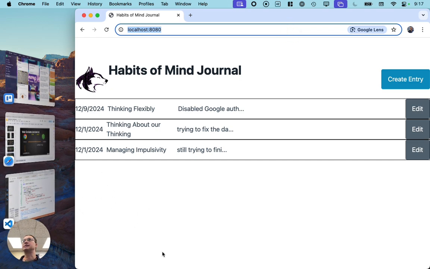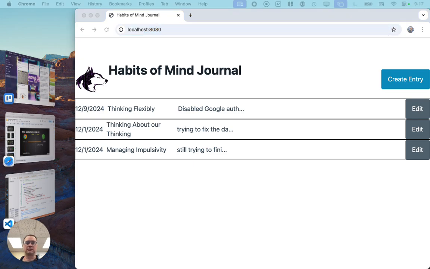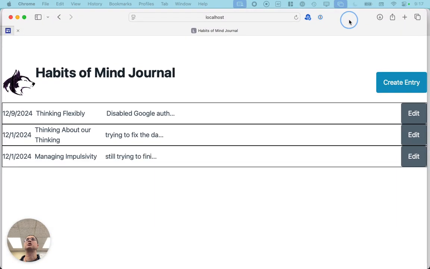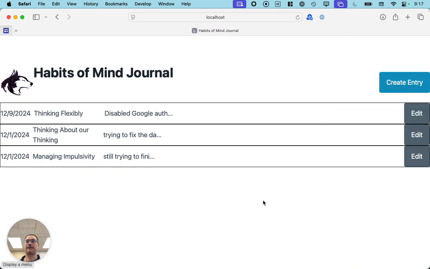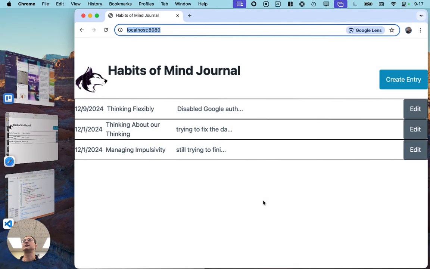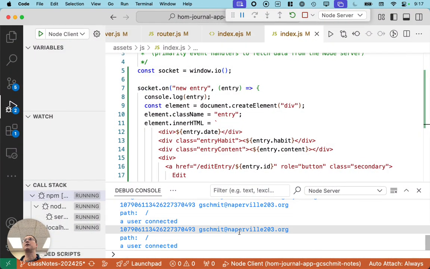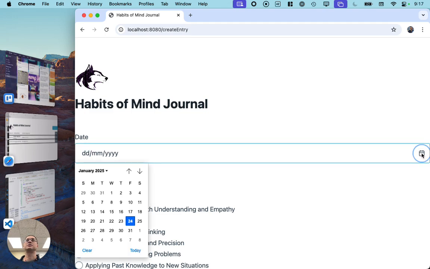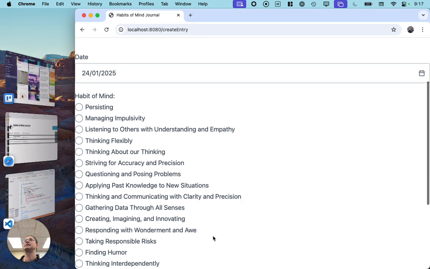I'm now going to, in a different browser, also connect and sign in with Google. So now I've got multiple windows here. So I have Safari connected. I have Chrome connected. Now, if we look here, see how two users have connected? Okay, that's cool. So if I go to Chrome and say create new entry and choose today's date, and today,